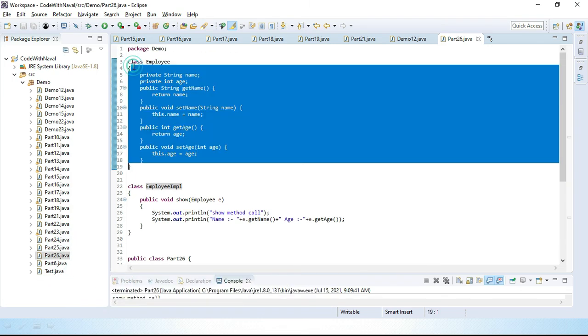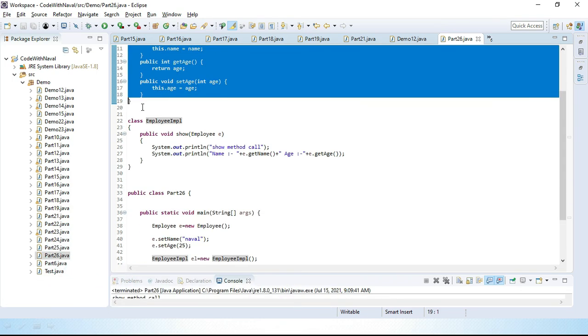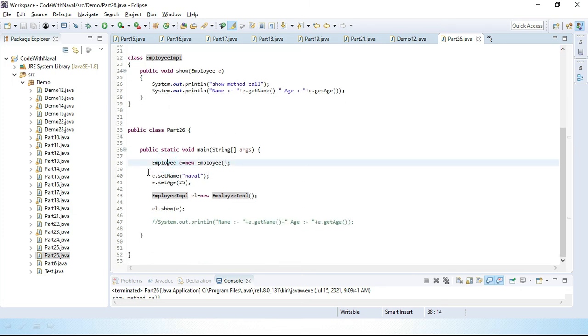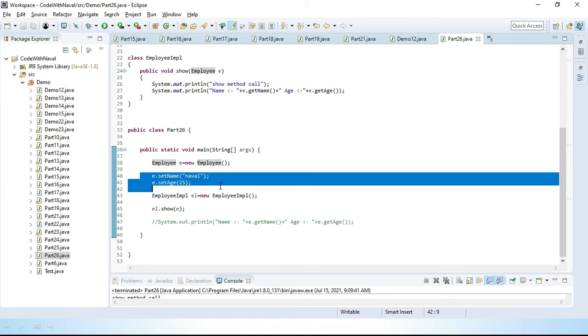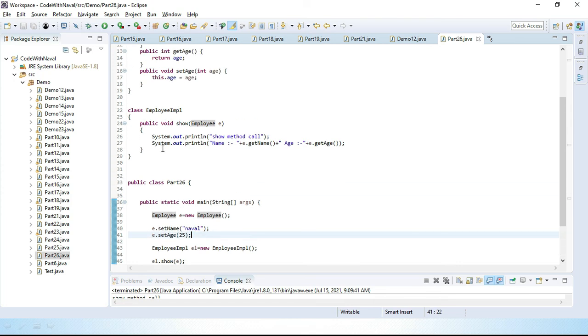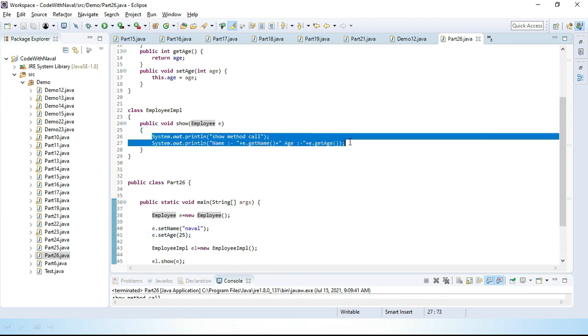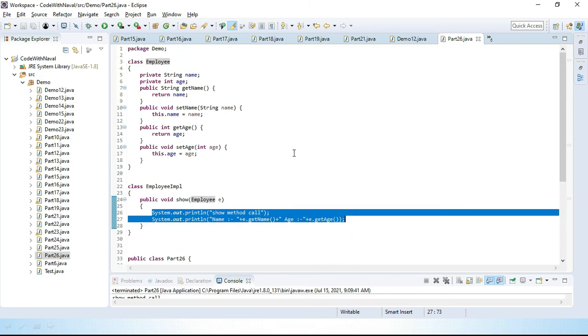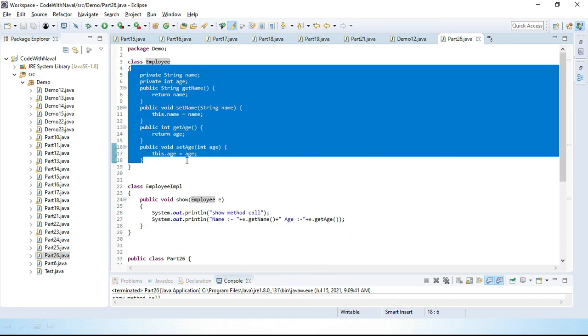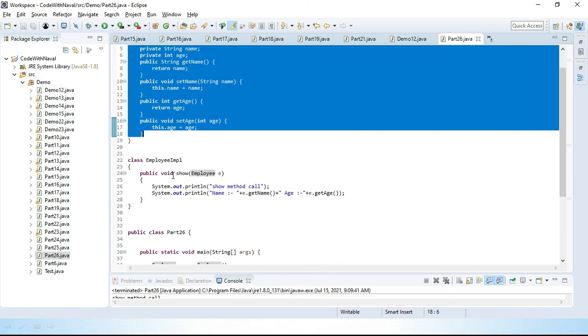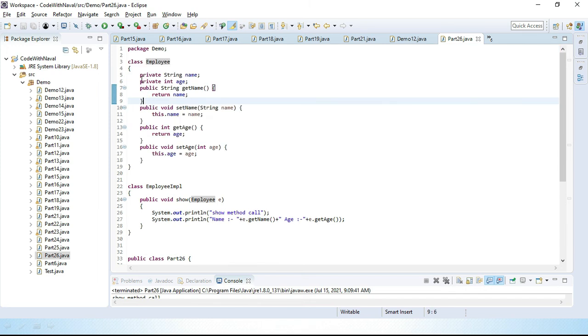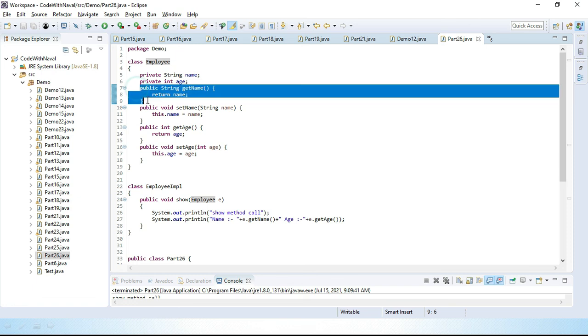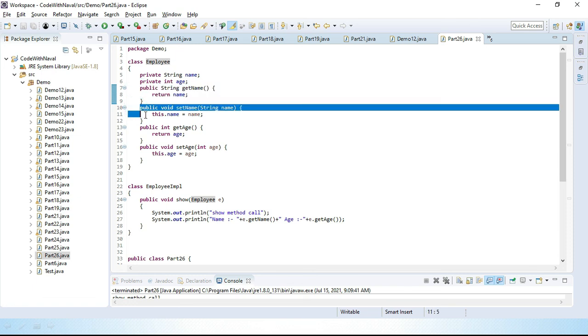Here we define one encapsulation bean class, then we create that bean class object, then we set values using a set method, then we get values using a get method. We can access this class's members only using get and set methods. That's why we can say encapsulation is used for data hiding. We can only show data, or write or read data, using get and set methods.